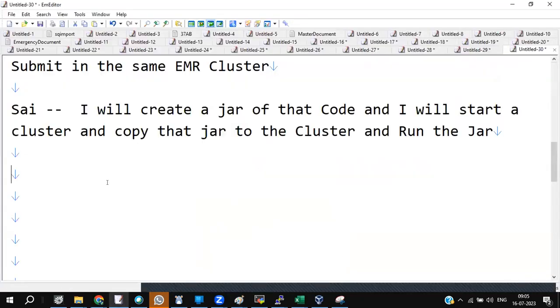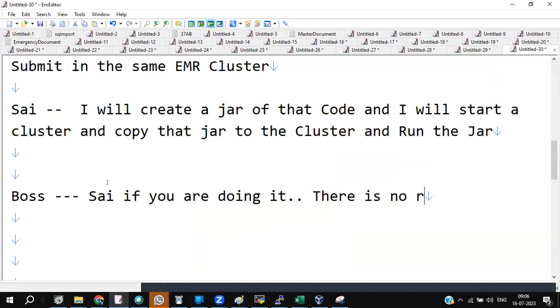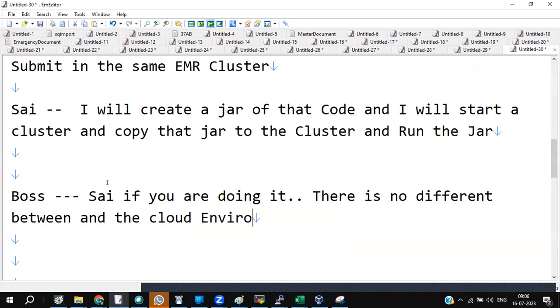But my boss denied it. Sai, if you are doing it, there is no difference between on-premises and the cloud environment. If you are doing it, hey, create a cluster, copy the jar, do a Spark submit, it's just like on-premises.